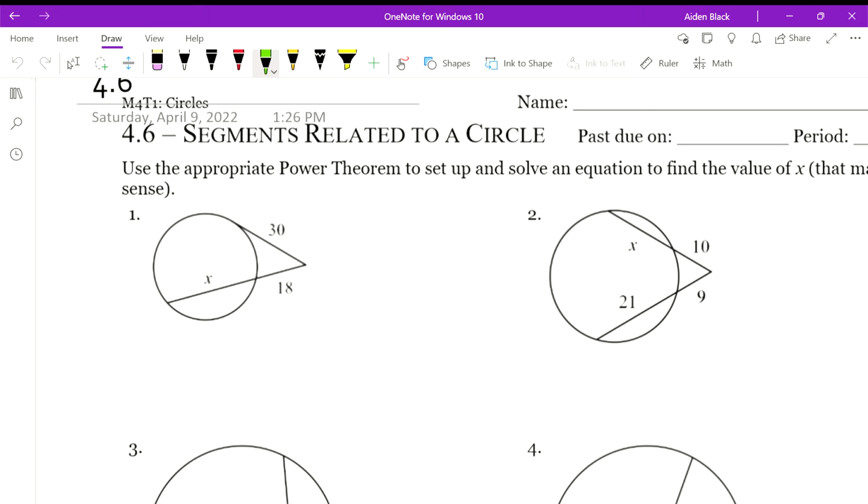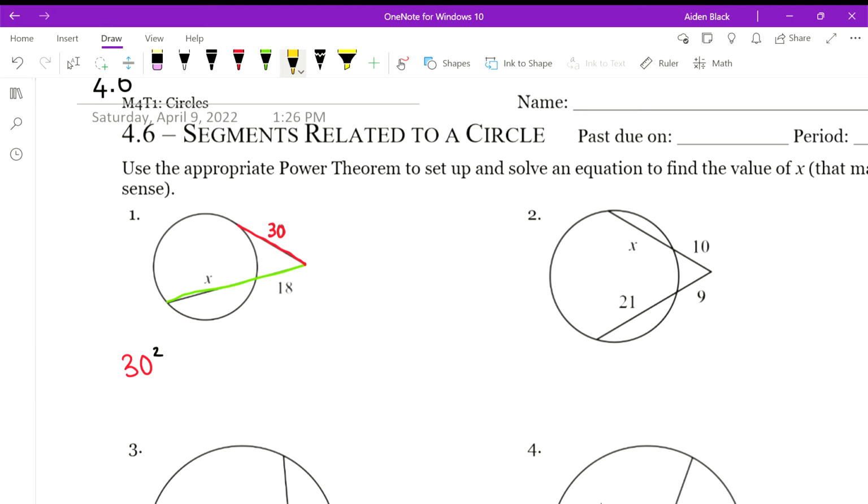Alright, let's check out 4.6, segments related to a circle. So with question 1, you'll notice that we have a secant segment as well as a tangent segment. So we're going to use the tangent-secant power theorem. And what that states is that the tangent segment squared is equal to